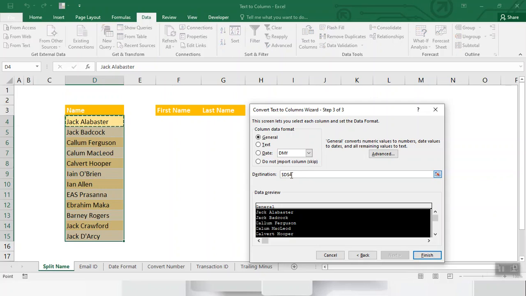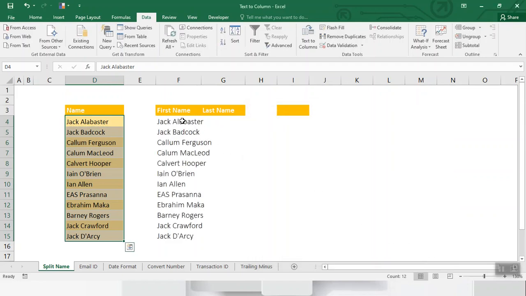If you don't select a destination cell, it would overwrite your existing data set with the first name and last name in the adjacent column. If you want to keep the original data, either create a copy or choose a different cell. So I choose F4, then click finish.